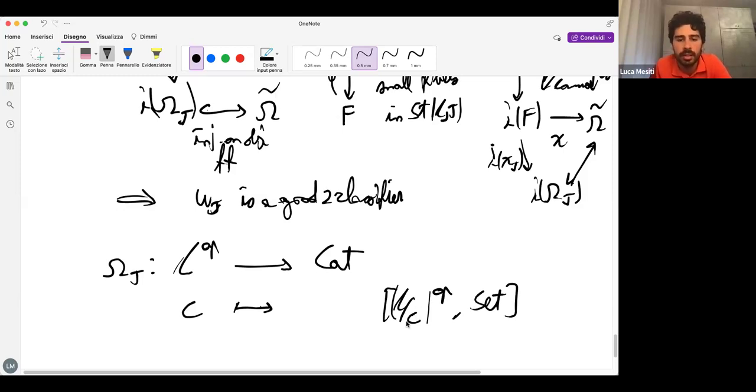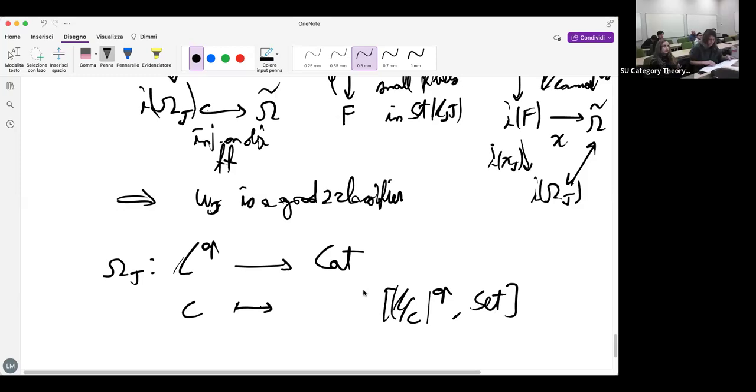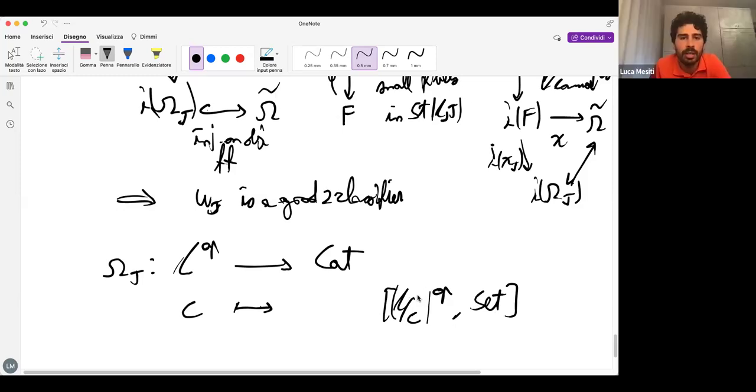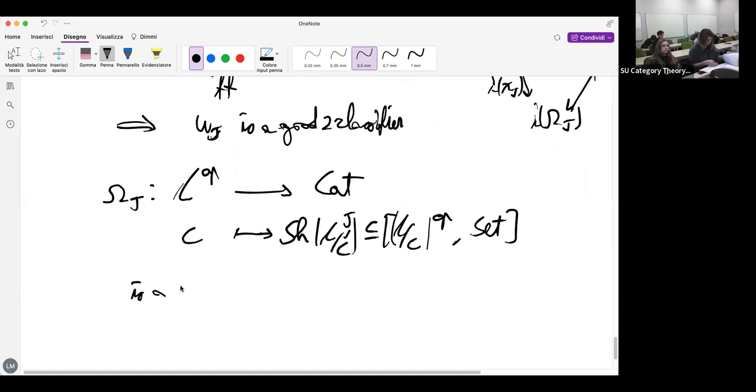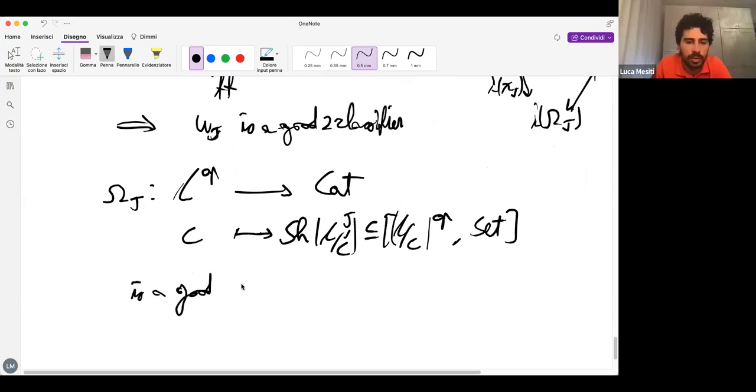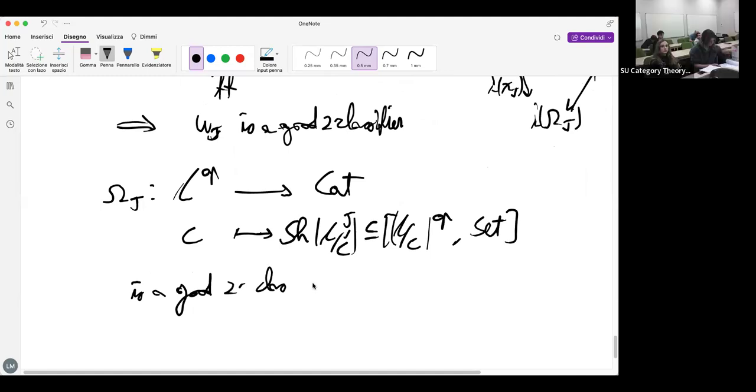We want to select some of these presheaves that behave well with the Grothendieck topology that we have. And so we just take sheaves on these slices. And this works. This is the good to classifier